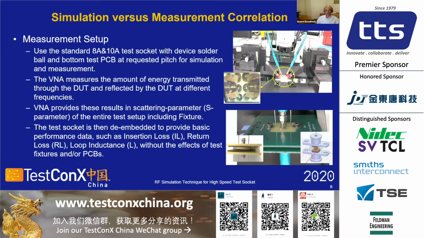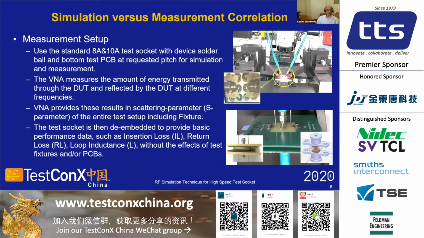We have the 4-port network analyzer. We also have the gigatest fixture that allows us to do direct probing from top to bottom, or to measure with the fixture, with the universal bottom PCB, device PCB, and then we have SMA and cable. So we can do 100% measurement on an 8A socket or 10A socket with the universal board fixture, or we can use the actual gigatest fixture to do the probing from top to bottom, on the solder ball or